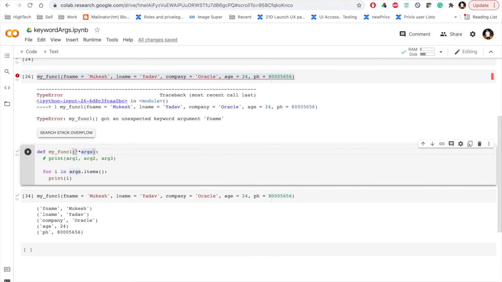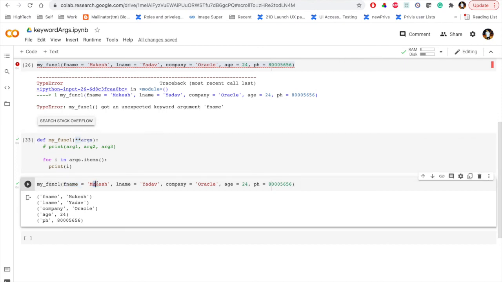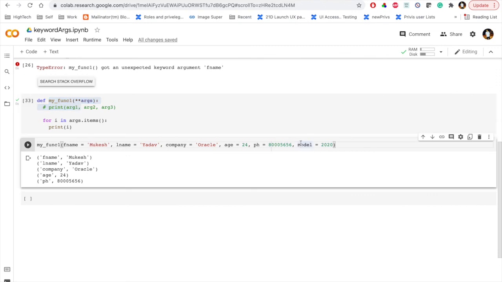So this is known as keyword argument. Whatever arguments we are passing here, f name equals this, last name equals this, this is known as keyword argument. And guys, this is very, very important. Sometimes the requirement is you need to pass one different parameter, like car model equals 2020. Then you need not do anything inside the base function. You only have to pass the additional parameter.